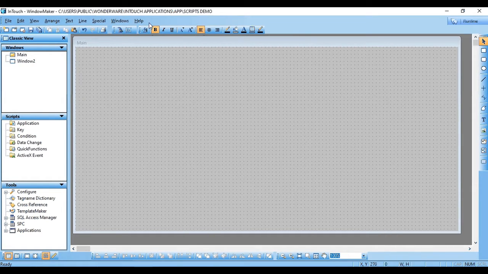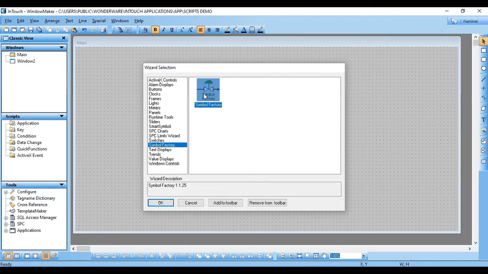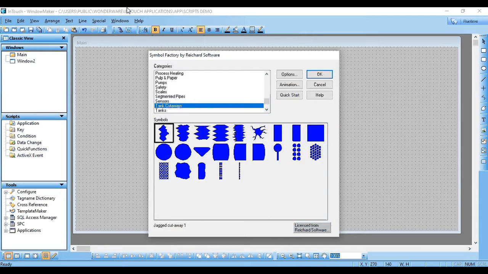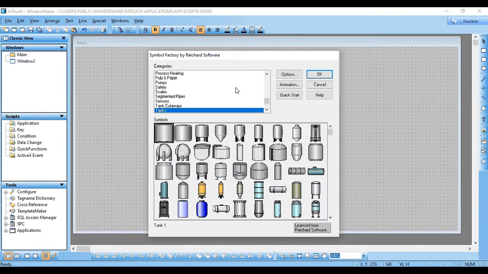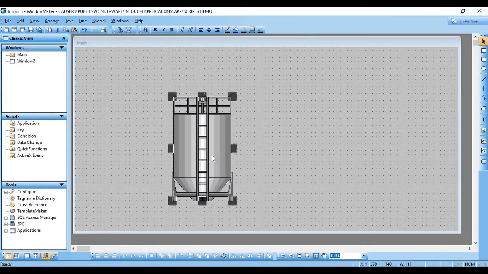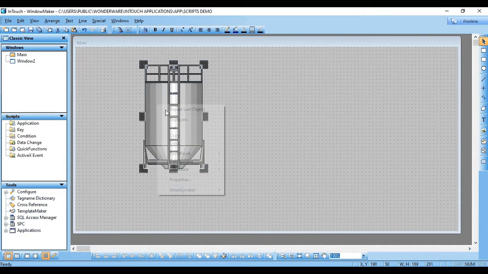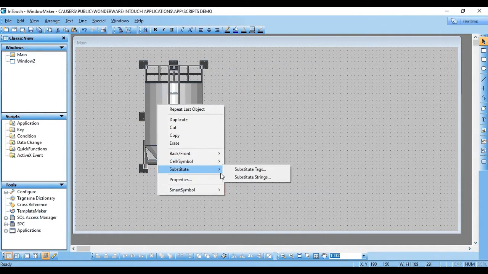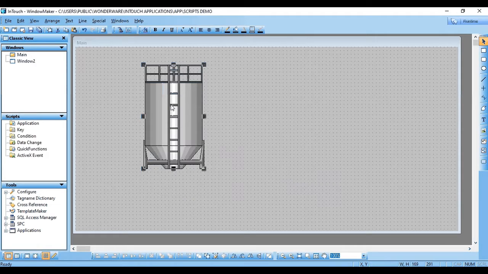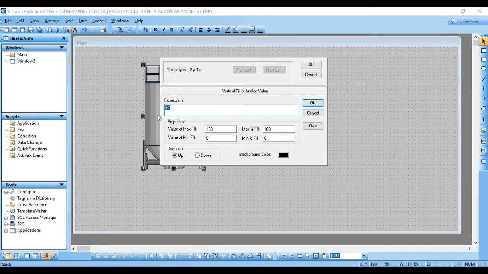Let's check it with an animation. I'm selecting the tank, and I am assigning the tag name as tank1.